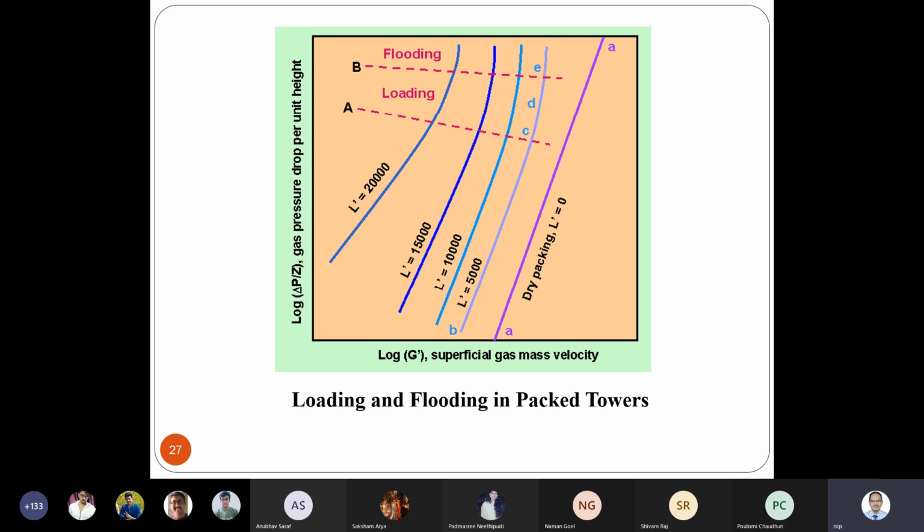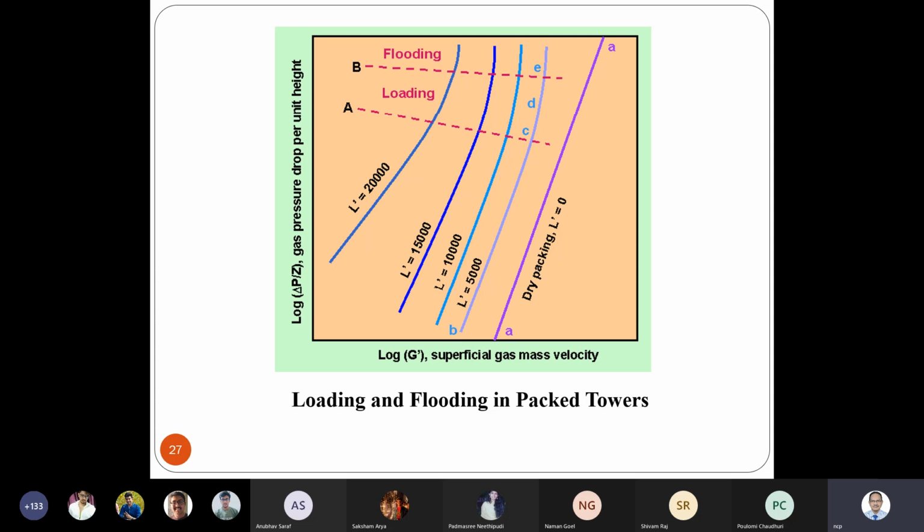Basically in this case, the tower is filled up with the liquid, and that creates a very huge pressure drop for the gas phase. In this situation, another visual effect is that we'll see gas coming in the form of bubbles through the liquid. So what is happening is the reverse: now gas is dispersed and the liquid is continuous. This happens when flooding takes place. So basically at high gas velocity, the tower is flooded with the liquid.